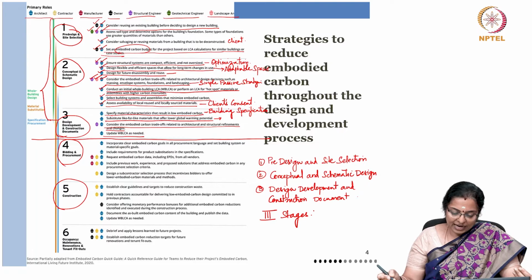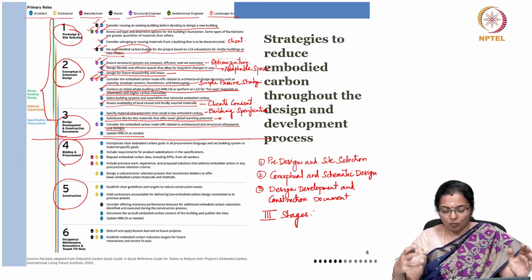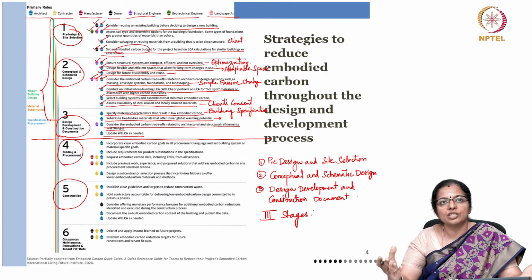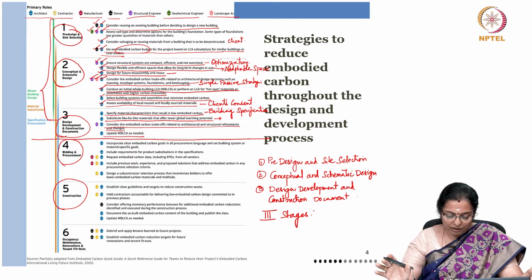Stages after that, like bidding and procurement or construction, are more about seeing how whatever your design decisions are, how they are carried forward and how they are implemented and so on. So, in these three stages, the architect's role is very crucial in even trying to convince the